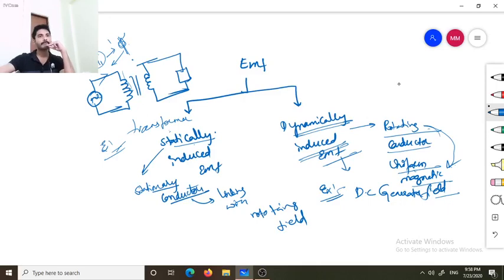As the alternating flux links with a stationary conductor, the EMF induced in the conductor is nothing but a self-induced EMF. Here the same value of flux is also linking with the secondary conductor, which is a neighboring coil, so the EMF induced is called a mutual induced EMF. This is another category. So in the case of statically induced EMF, there are two types: self-induced EMF and mutual induced EMF.